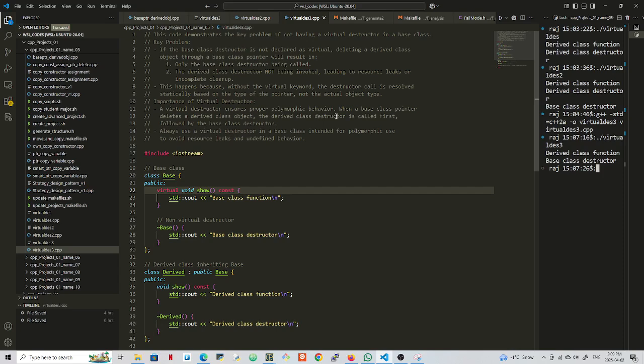Alright? When a base class pointer deletes a derived class object, the derived class destructor is called first, followed by the base class. So that would be the standard process. So always use a virtual destructor in a base class intended for polymorphic use to avoid resource leaks and undefined behavior. Now on this note, I wanted to show one more